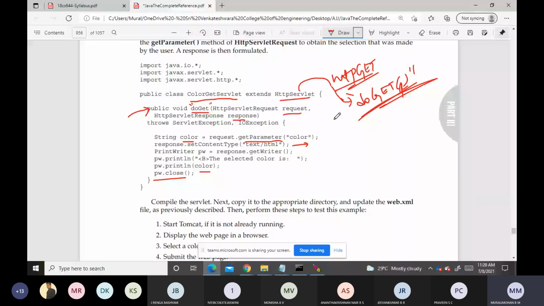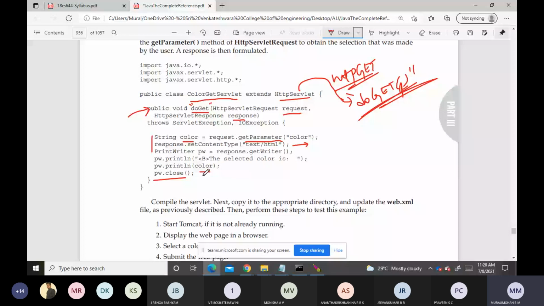The doGet method takes two arguments, a request object and a response object, to receive the HTTP request and formulate a response. It processes the request using the getParameter method, receives the parameters from the form, and writes onto the screen. Very simple example.